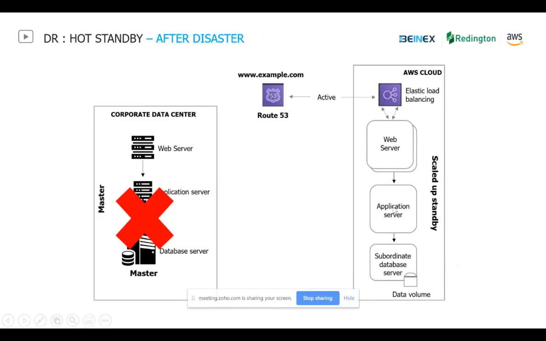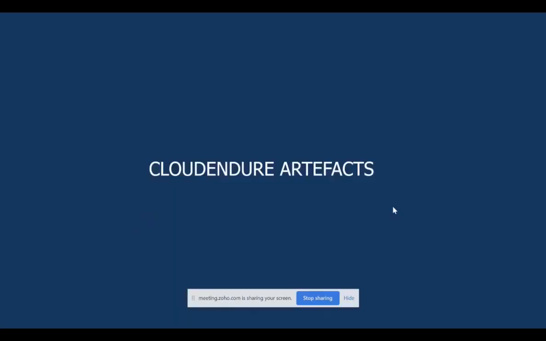So this completes the different DR models in AWS. And with all that being said, I'll pass the baton on to Rahil, who will introduce us to Cloud Endure. And that's the AWS way of automating and orchestrating a disaster recovery, some of its requirements and benefits. And he'll be showing you a short demo as well, so that you can get to know the product. So thanks everyone for your time. Over to you, Rahil.